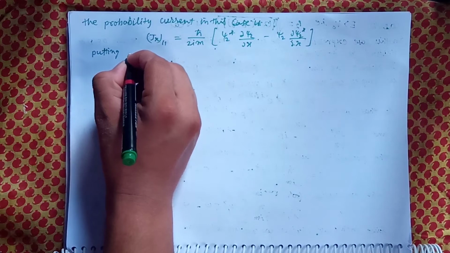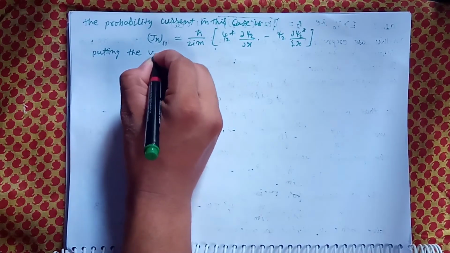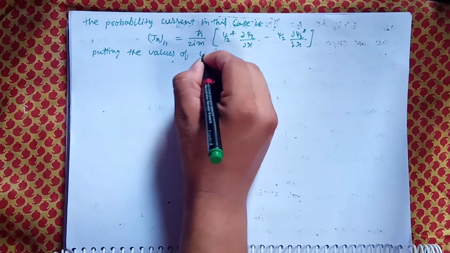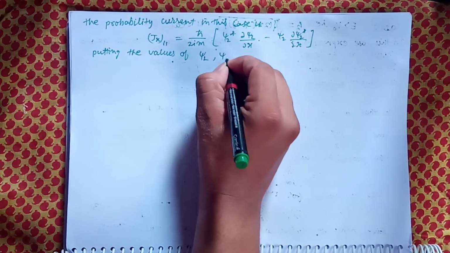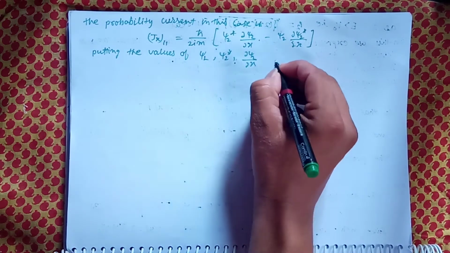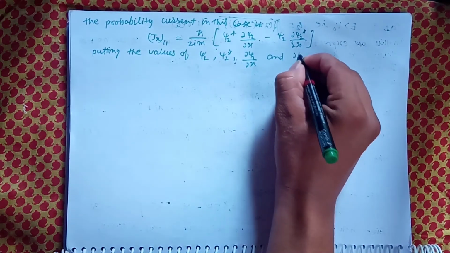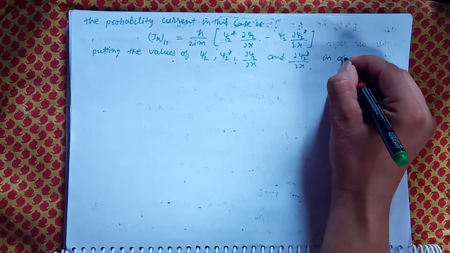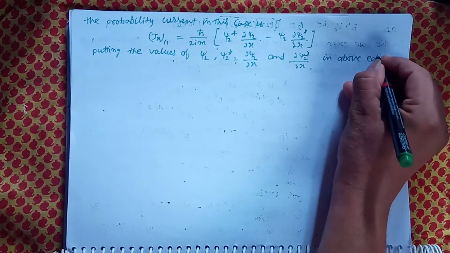Putting the values of psi 2 star, del psi 2 over del x and del psi 2 star over del x in above equation,